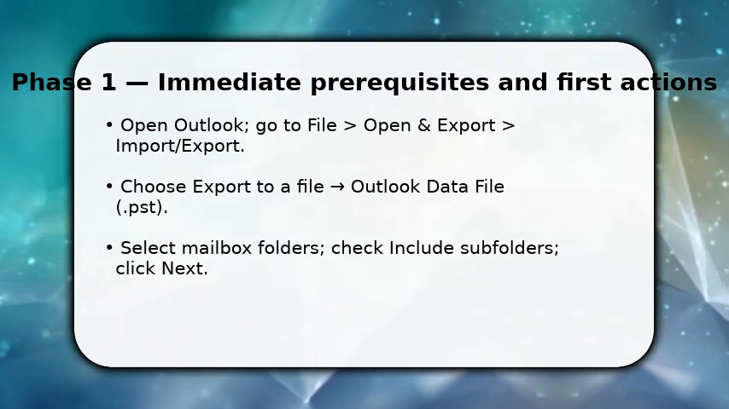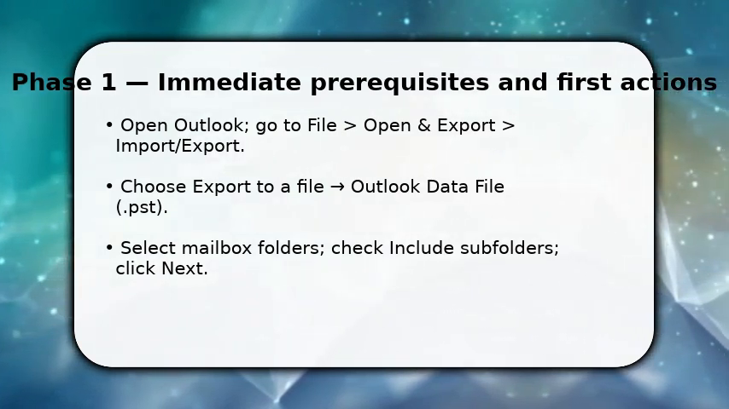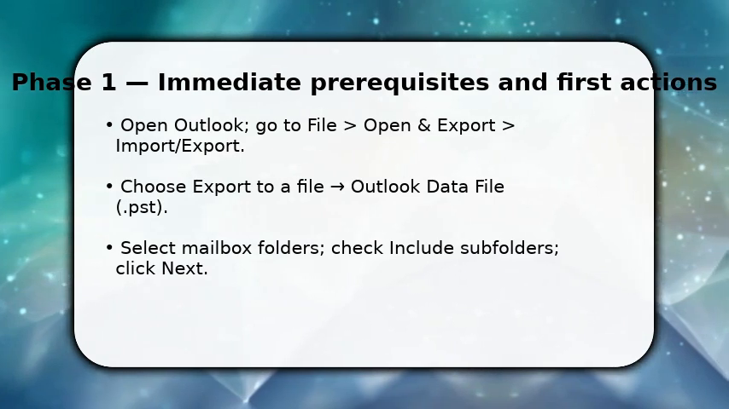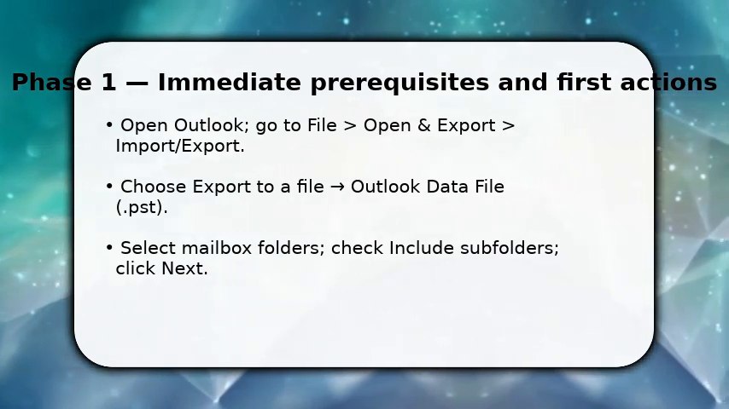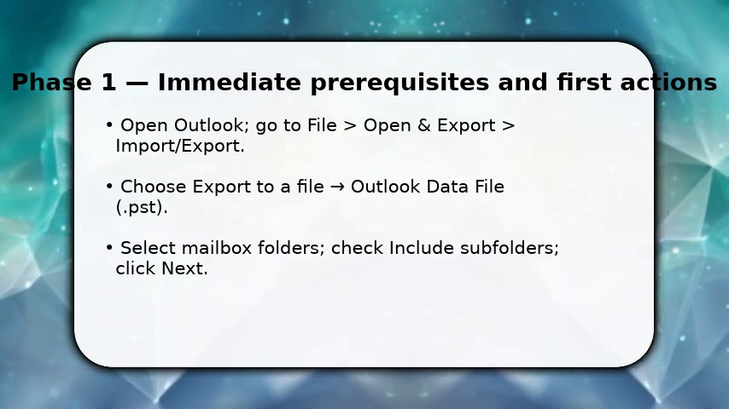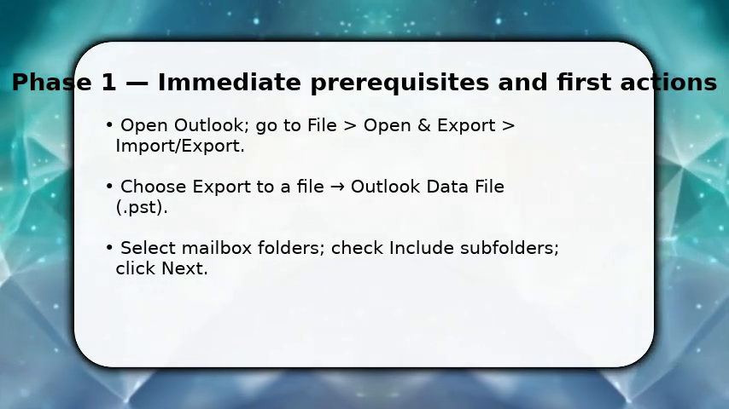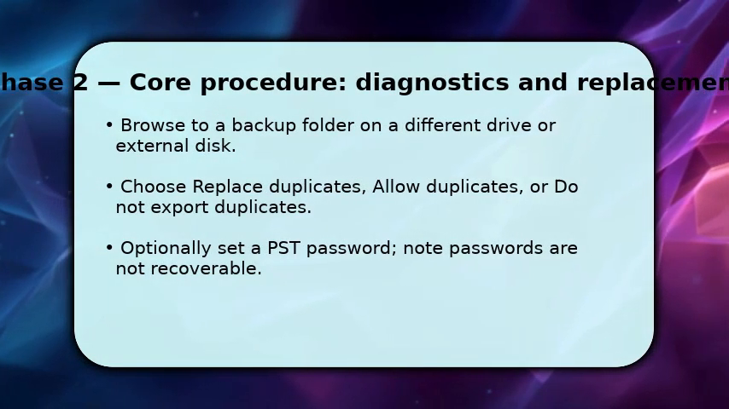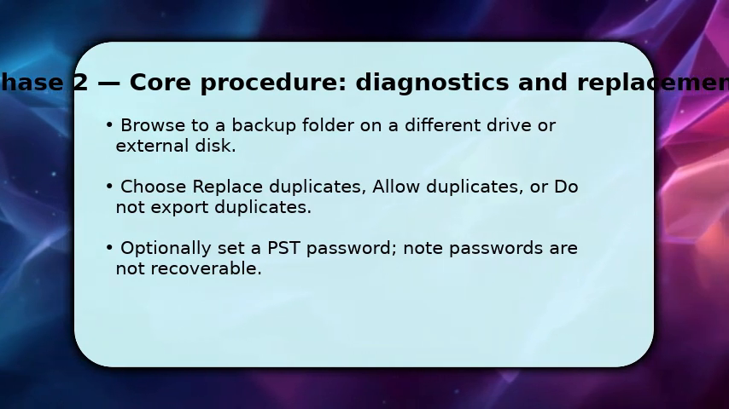Now select the mailbox or specific folder you want. Make sure to check Include Subfolders so nothing is missed. Once chosen, click Next and prepare to pick a destination on your disk. Once you hit Next, you'll pick a clear destination, preferably on another internal drive, external USB, or network share to